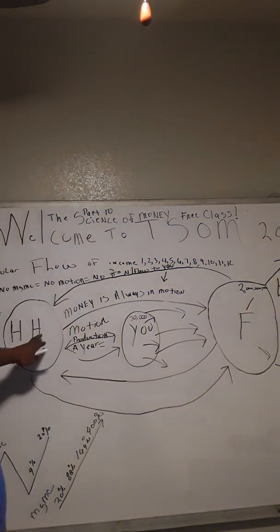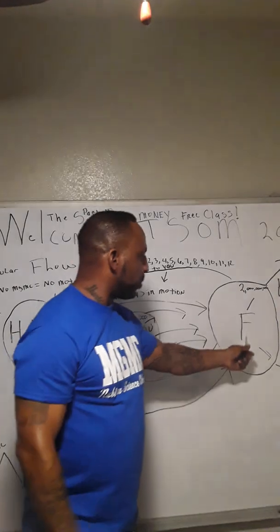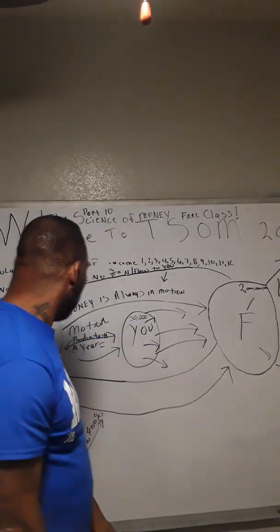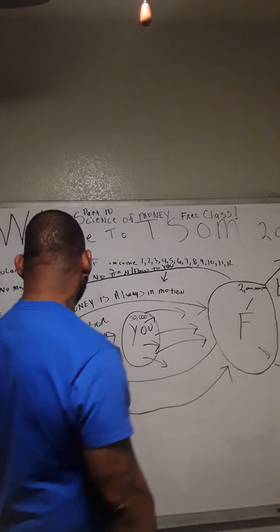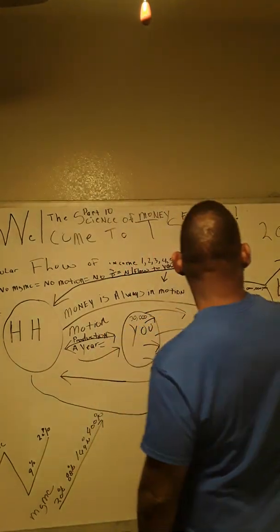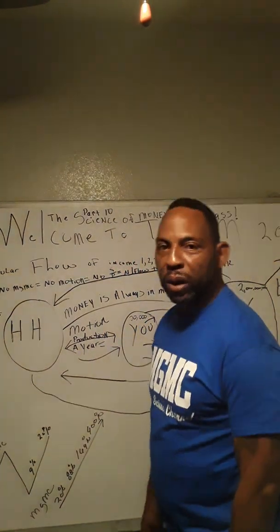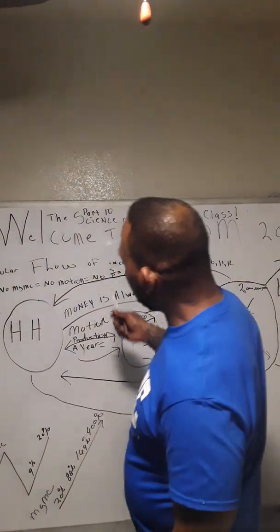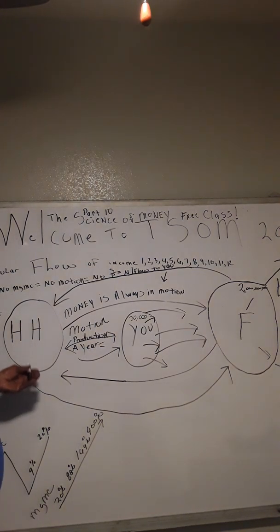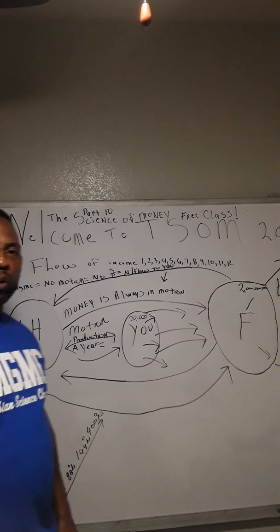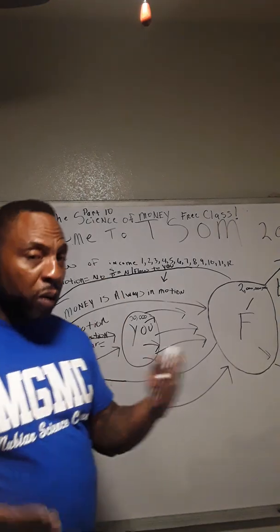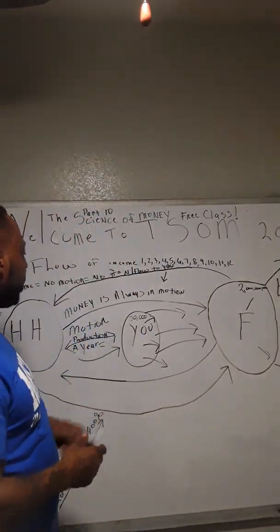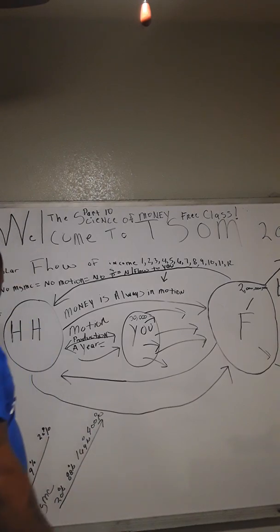So basically what happens is on two sides of the board you have the F, which is firms, businesses, corporations, and the HH, which is households, which is us, typically consumers. Over a duration of time, businesses amass a mass amount of exponential wealth, whereas households on the other side have a tendency to stay in the same orbital circle. See what I'm saying? And here on the Science of Money, our main role is just to educate you on money flow,